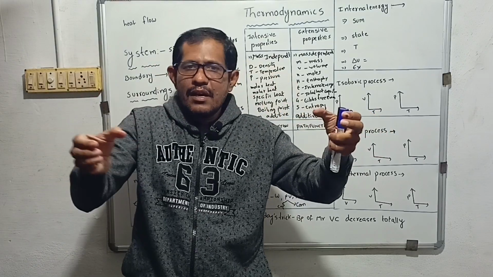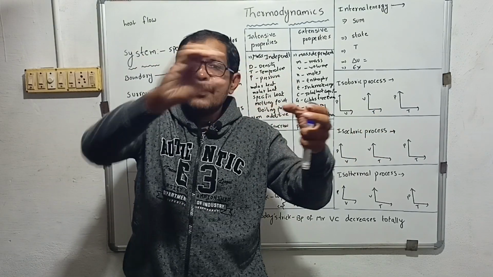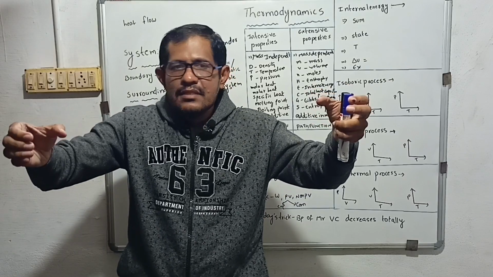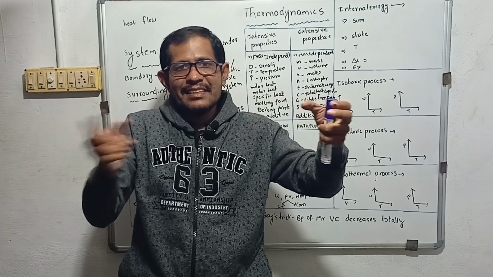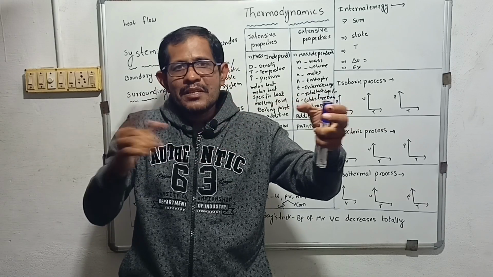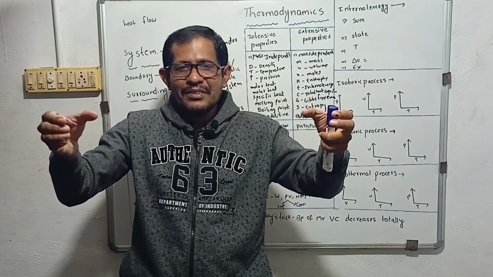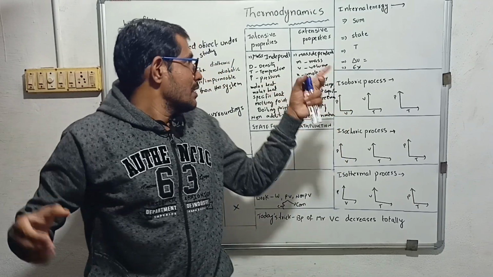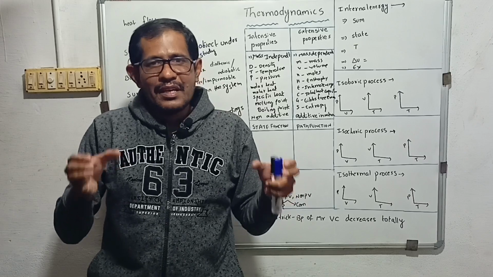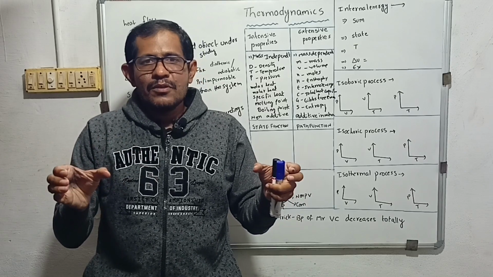I have transferred half of the water to another glass. Now this glass is 5 grams, and this glass is 5 grams. So mass is changing. Mass is additive, so m1 plus m2 is equal to 10. Mass is additive, right? So mass is dependent. So it is called an extensive property. Next, volume is also the same.